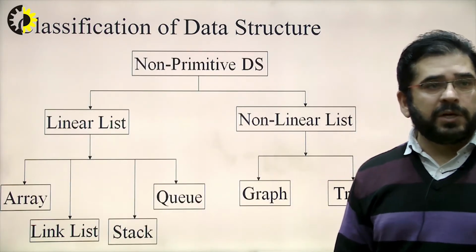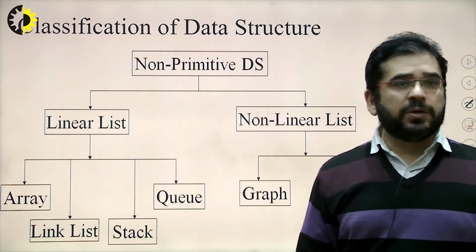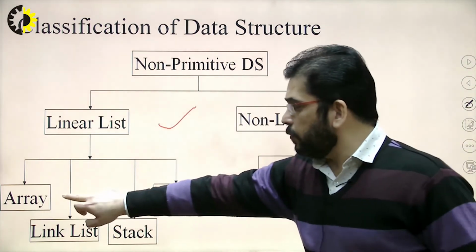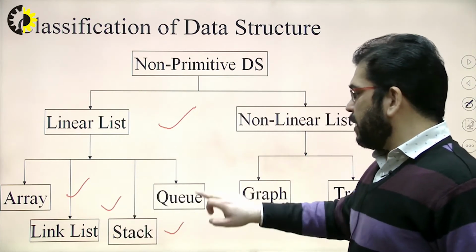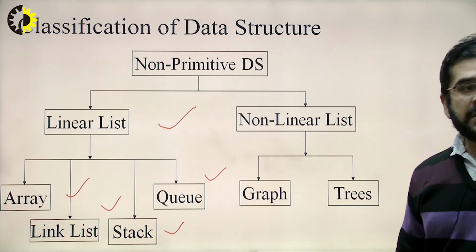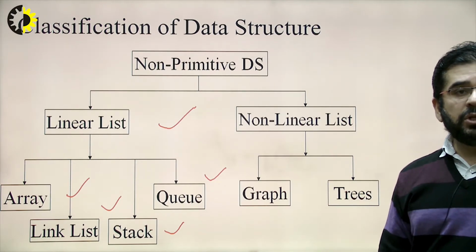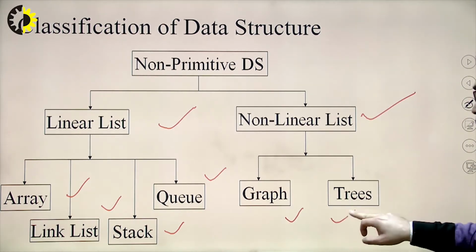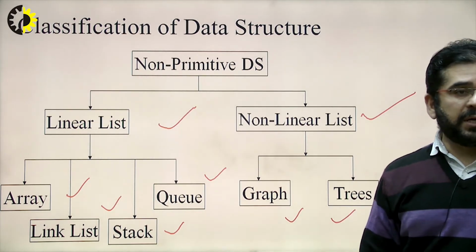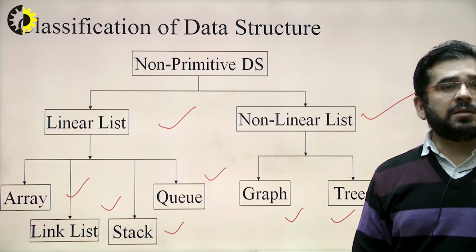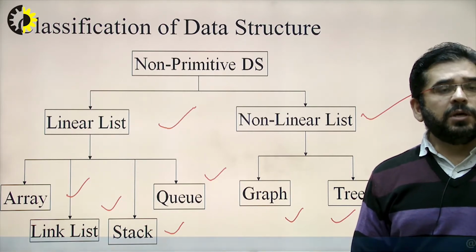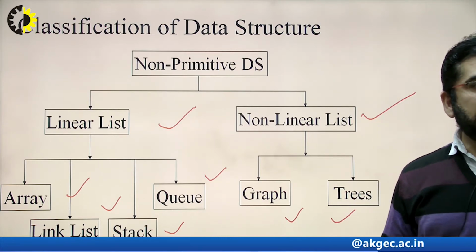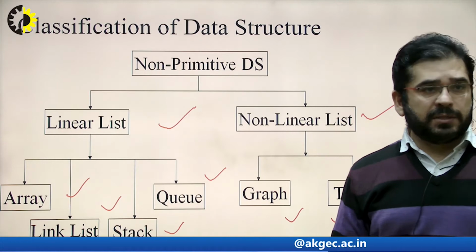After that, the non-primitive data structures are broadly classified into two categories. Very first is the linear list, which mainly consists of array, linked list, stack and queue. All these four kinds of lists are linear or continuous or sequential in nature, but non-linear lists are of two types: graph and tree. These graph and tree are the important data structures which basically reflect the real world applications which we use nowadays. So, array is the basic building block of all these linear and non-linear data structures.